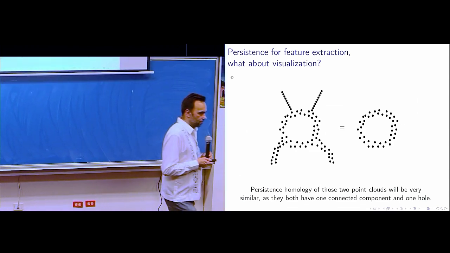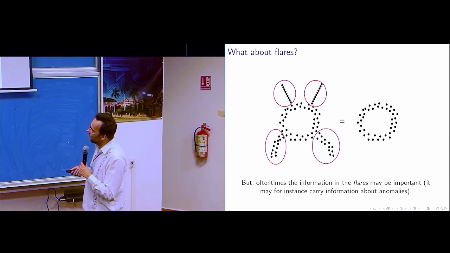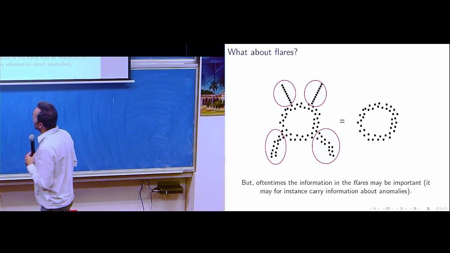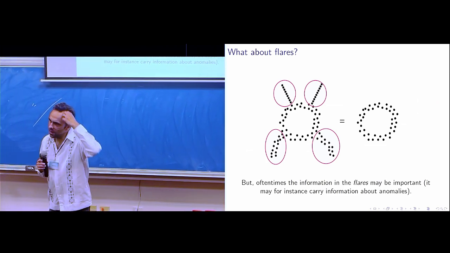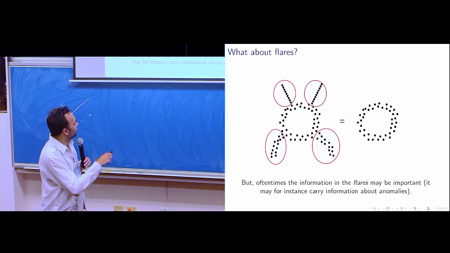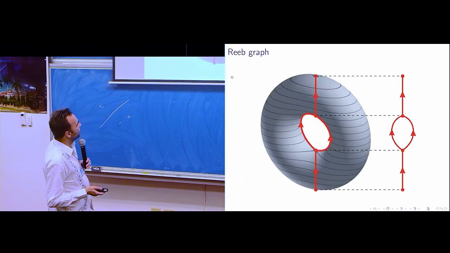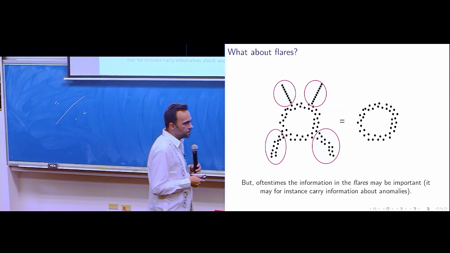So yeah, for instance, if we compute persistent homology of those two clouds, it would be quite similar, but we want to be able to detect features which are kind of contractible, like the flares, contractible into the main body of whatever this creature is. And there are a bunch of algorithms. So everything started,